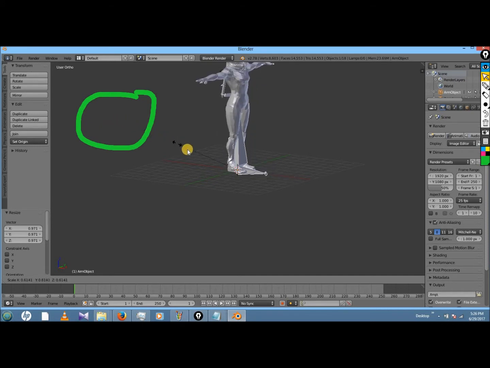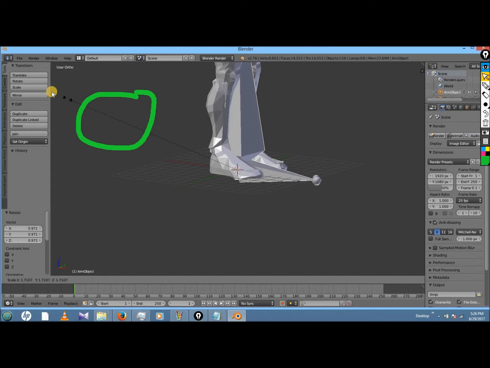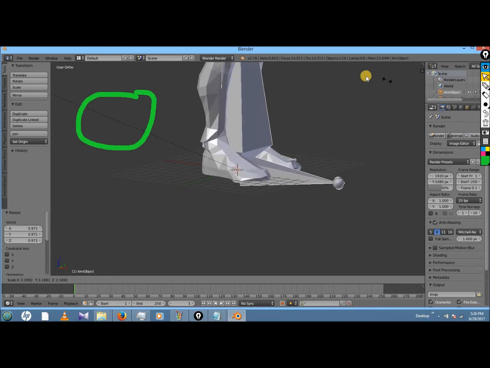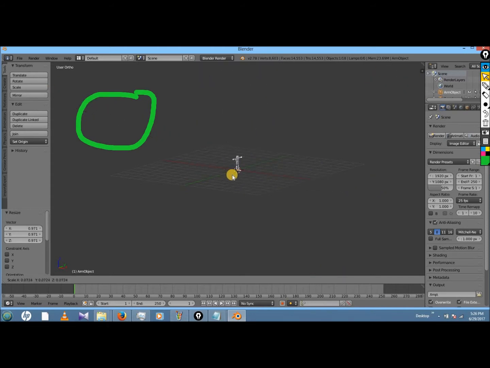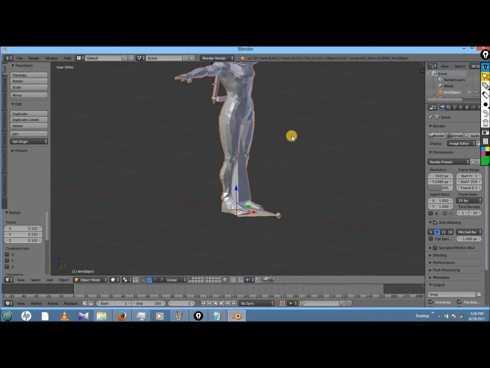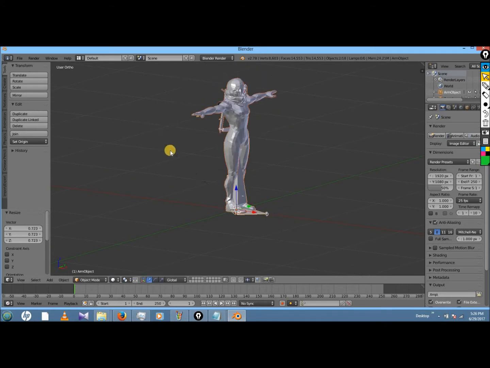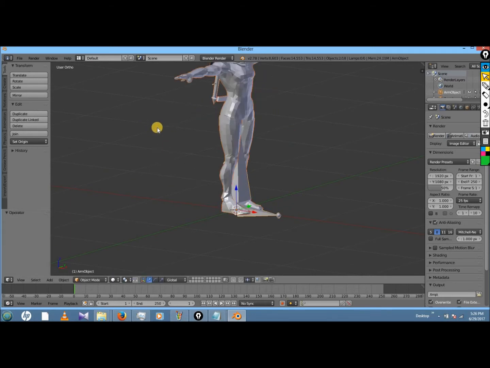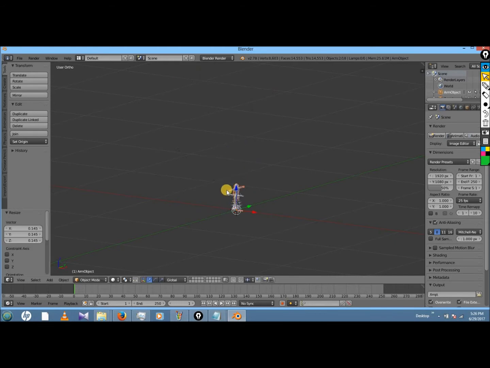If you move your mouse cursor towards the line like that, it'll shrink the model, and if you move it towards the arrow part, away from the line, it'll make it larger. In this case, we want it to be basically the same size as the model, so we want to make it really small. So you want to do that, and then just left click or enter either or when you're done scaling, and just do it a few times until it's like the same size.